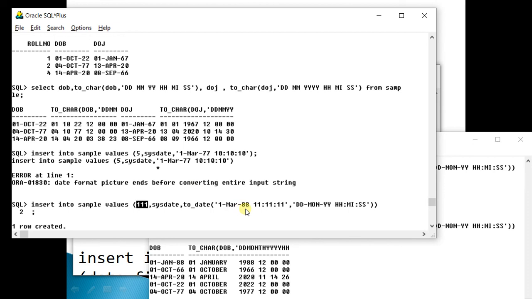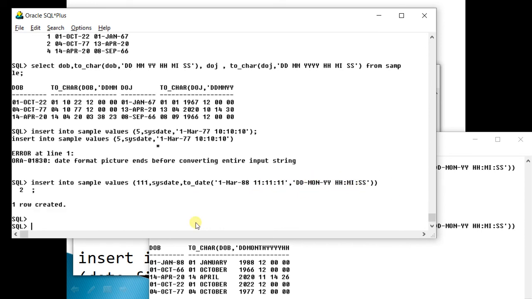So 1 March 88, 11, 11, 11. Quotes closed. Now you have to tell Oracle what value represents which element in this part. So 1 is DD, MAR is MON, 88 is YY, 11 is HH, 11 is MI, and 11 is SS.